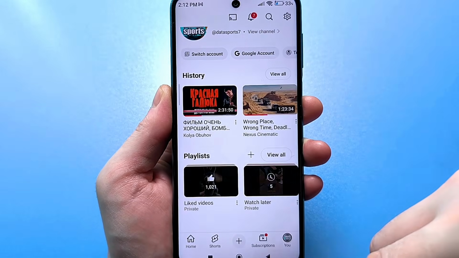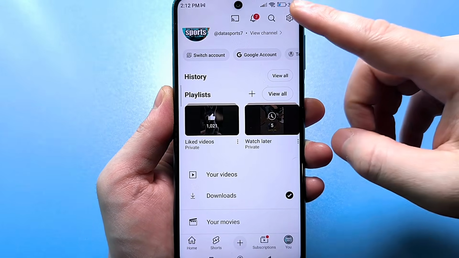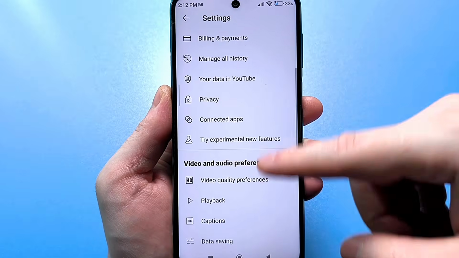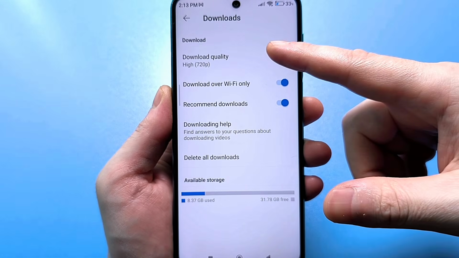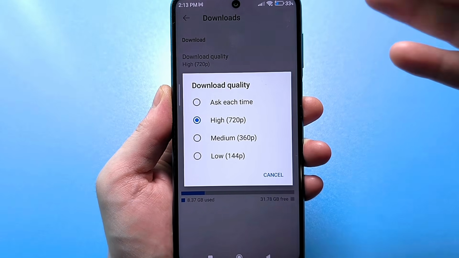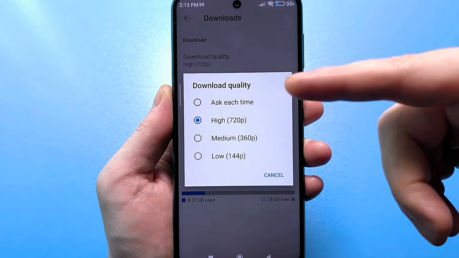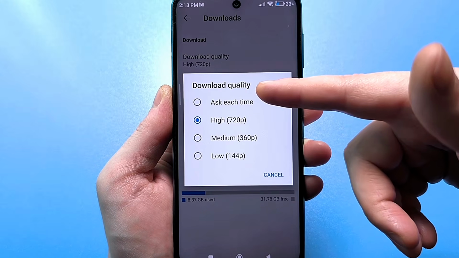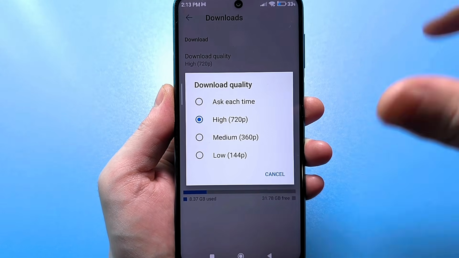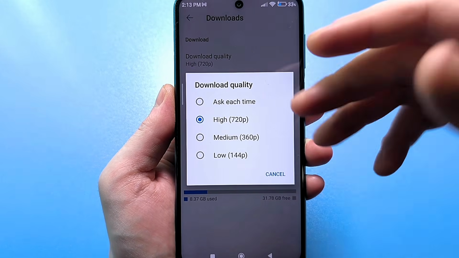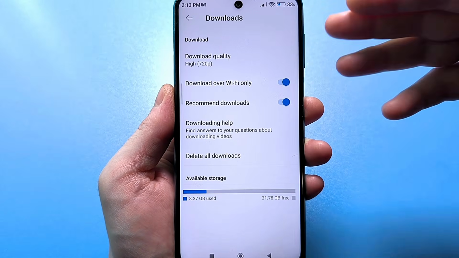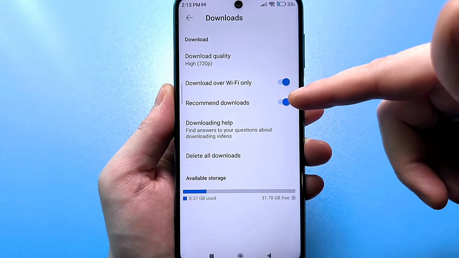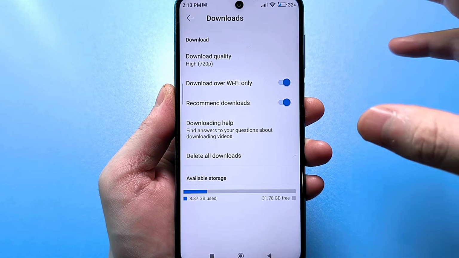Now look at the other options. Go to settings, scroll here and find downloaded. Here you can set the quality you want to download automatically. If you have the top option set, when you click download, you'll have a choice of what's allowed and what quality to choose. Next, look, there's a button to download only over Wi-Fi. There are also recommendations, meaning if you've already downloaded something, it'll immediately